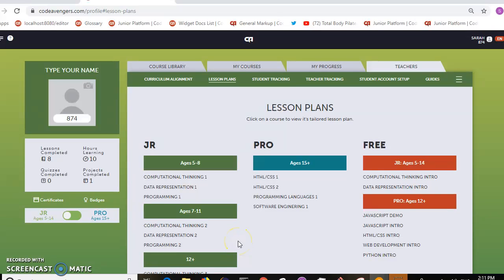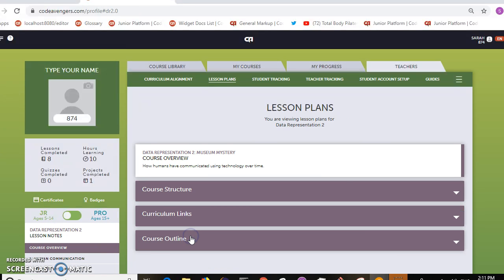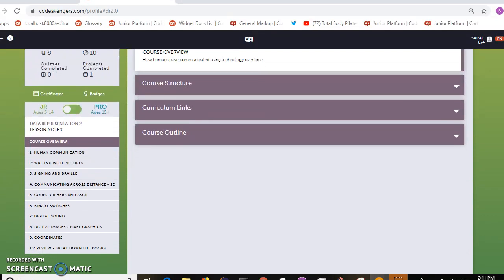In addition to the teacher notes, there are also lesson notes which can be shared with the students. Let's take a look at data representation 2. These lesson notes can be used to launch a lesson or to clarify an area of the lesson that students might be finding a challenge, or just for the students to quickly find the online lesson or some other resources